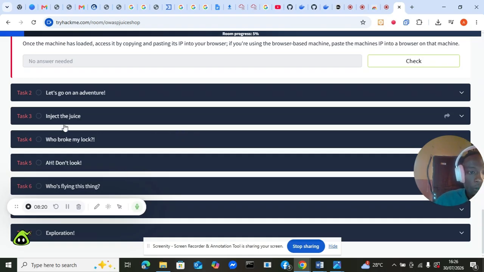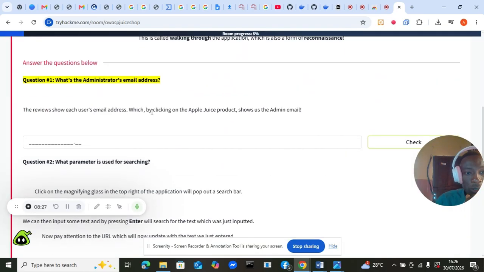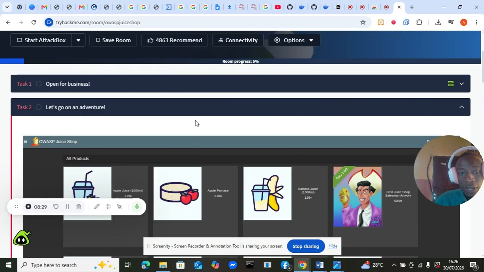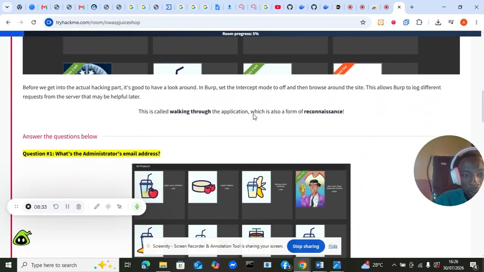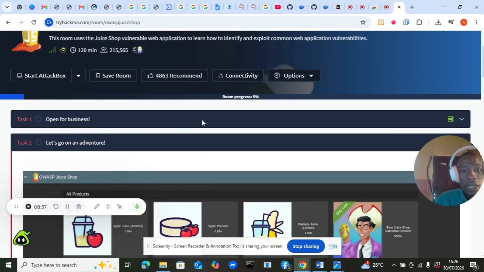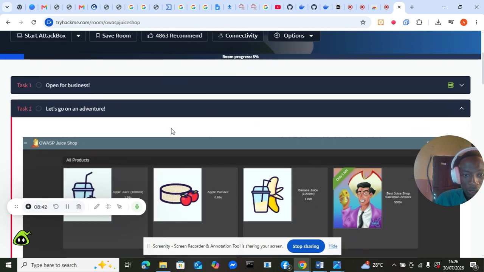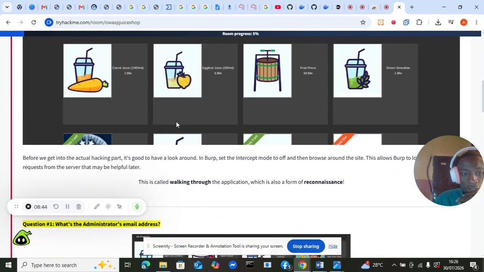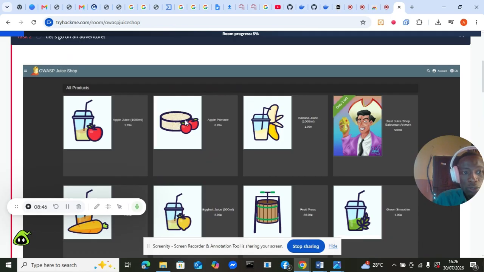So let's go for an adventure. This is the first task. The one I clicked here was the second task; I didn't want to go to Open for Business. Let me go for the second task now. The implication is that we should open OWASP Juice Shop, this particular website that you can see on my screen, which I've already opened.